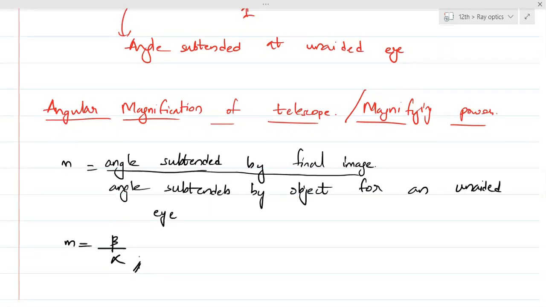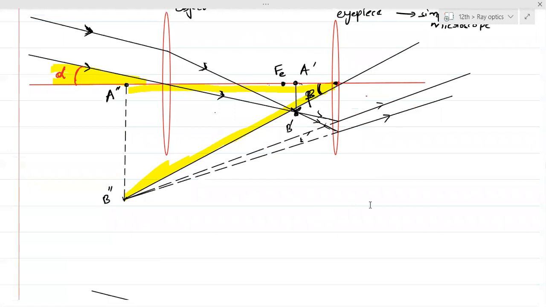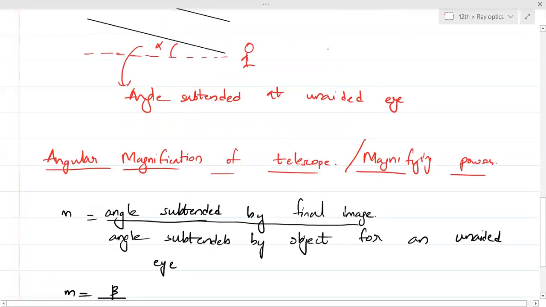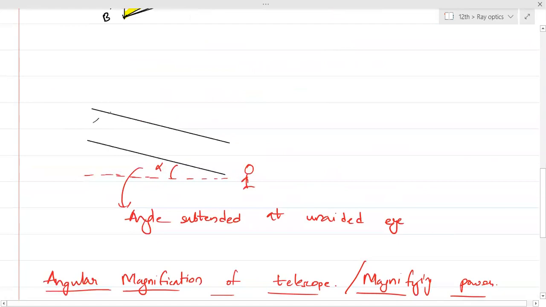Yes. Now, again looking at the diagram, let's suppose this is UE, the object distance for the eyepiece. Okay? Now, if there is no lens, eye कहाँ पे भी होने दो, the angle made by the rays will be the same. Lens को हटा दो. If there is no lens, you will have only the incident rays and the observer. That's it. That's why the angle will be alpha itself.